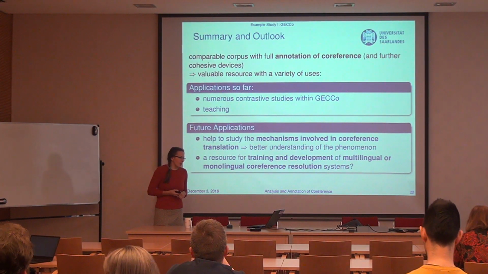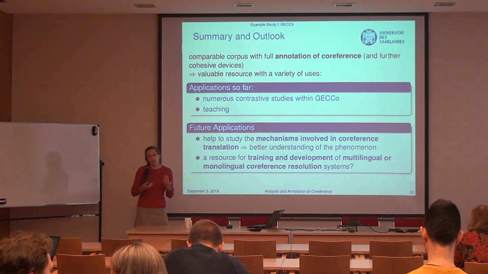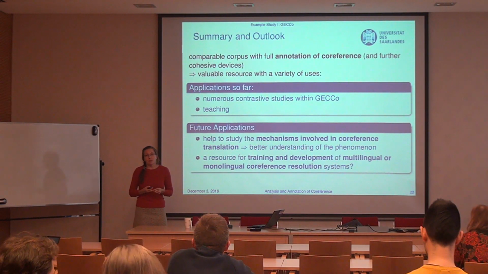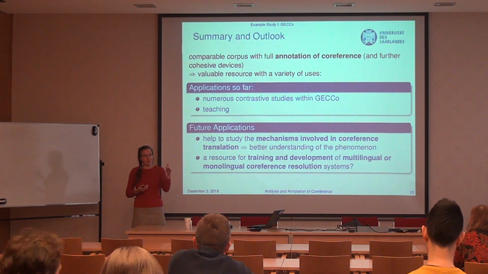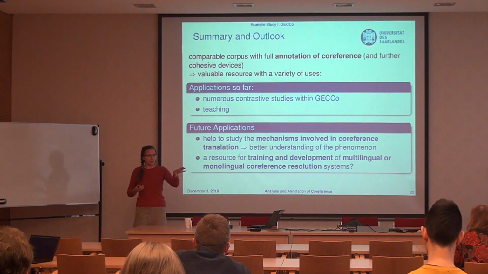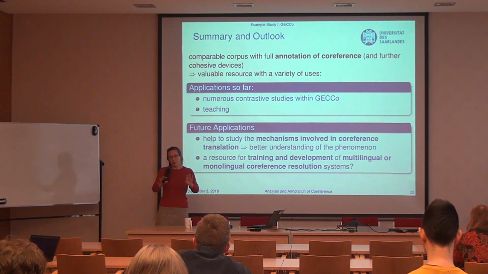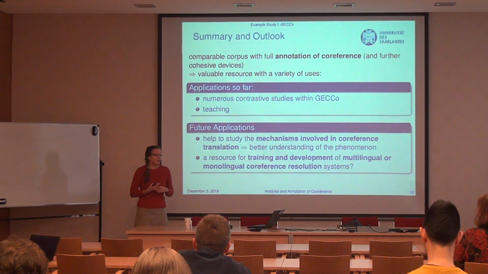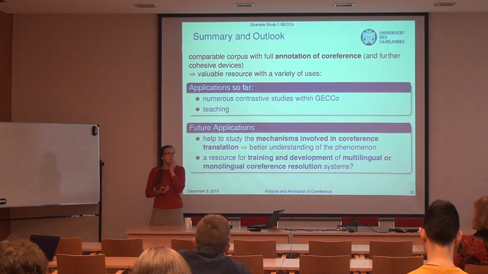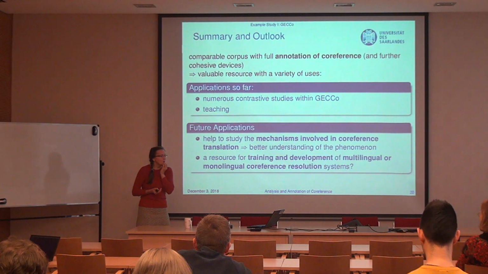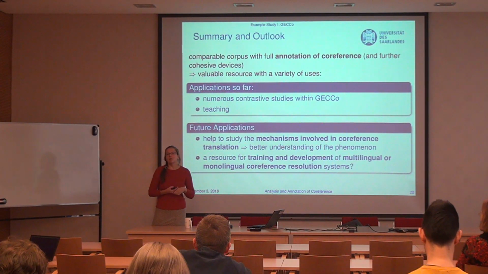For future applications, we would like to also use the corpus to study mechanisms of translation, because if we know the differences between English and German on the basis of comparable data, we think we can also use it for translation, maybe also for machine translation, and also as a resource for training and development of multilingual,